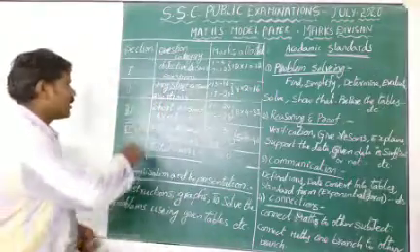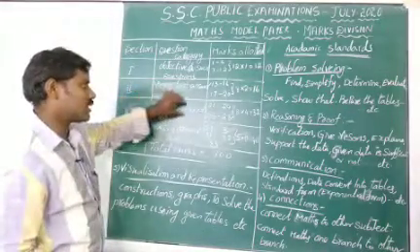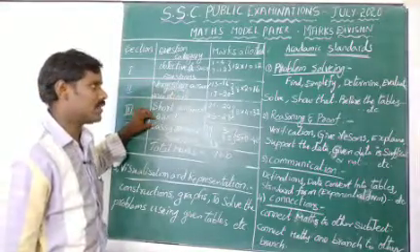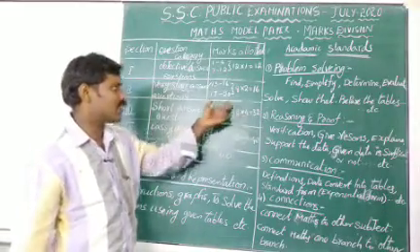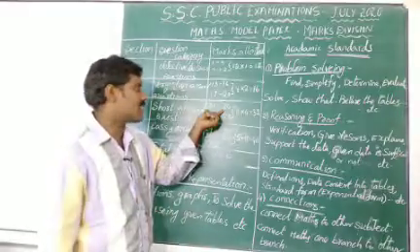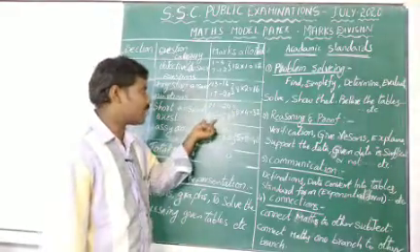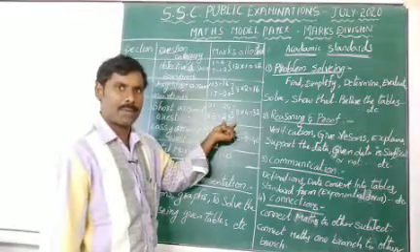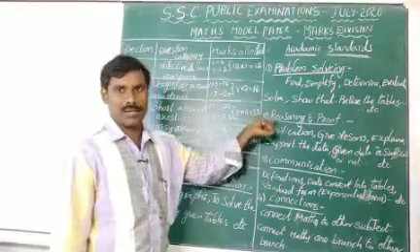Now we go to the third section, short answer questions, that means 4 marks questions. In these there are a total of 8 questions, also divided into the 2 papers. Questions 21 to 24, from topics 1 to 8, are paper 1, and questions 25 to 28 are paper 2. Totally 8 questions, 8 into 4, 32 marks.